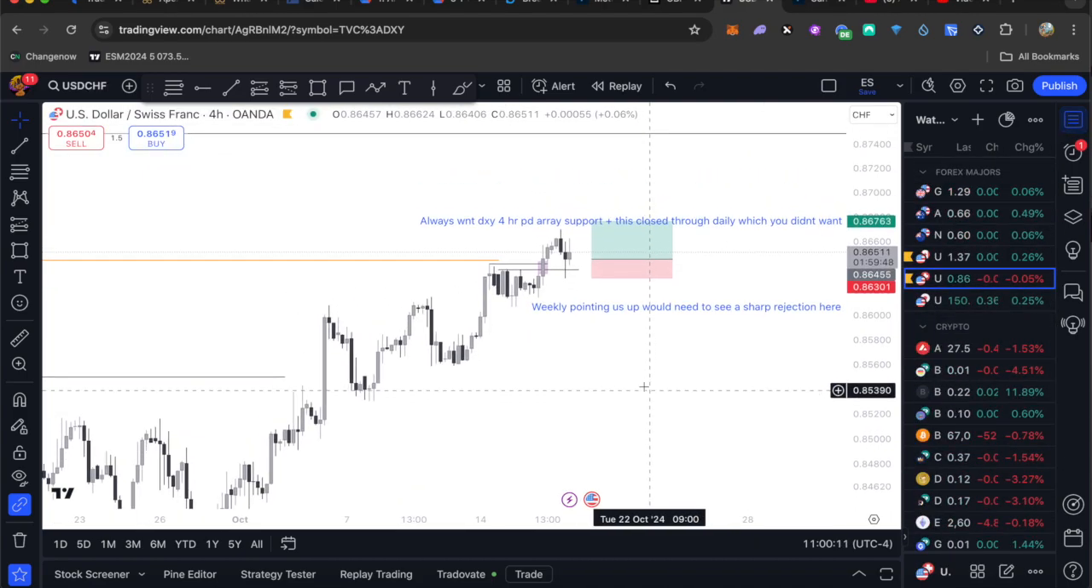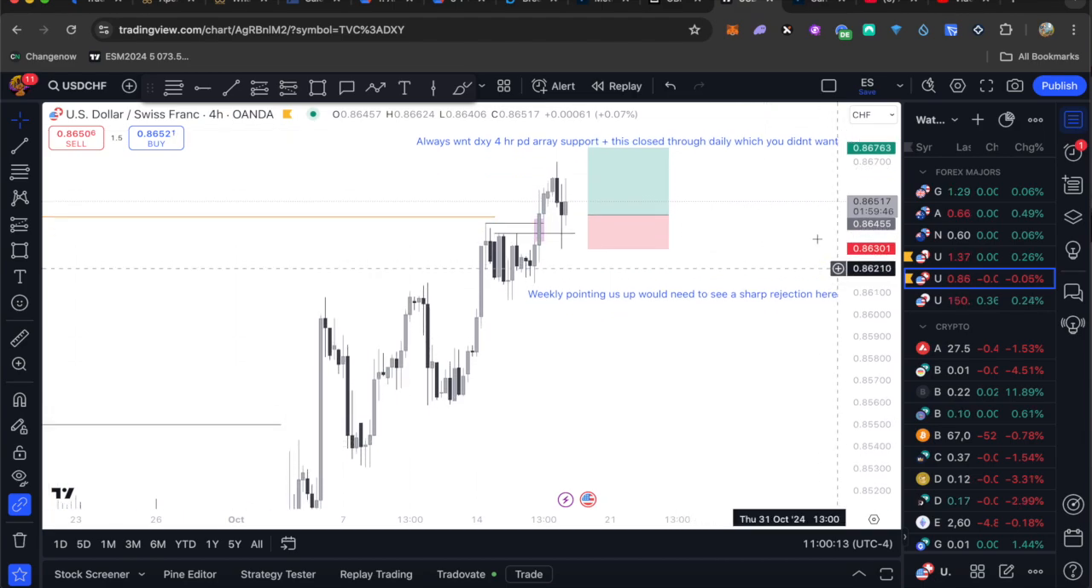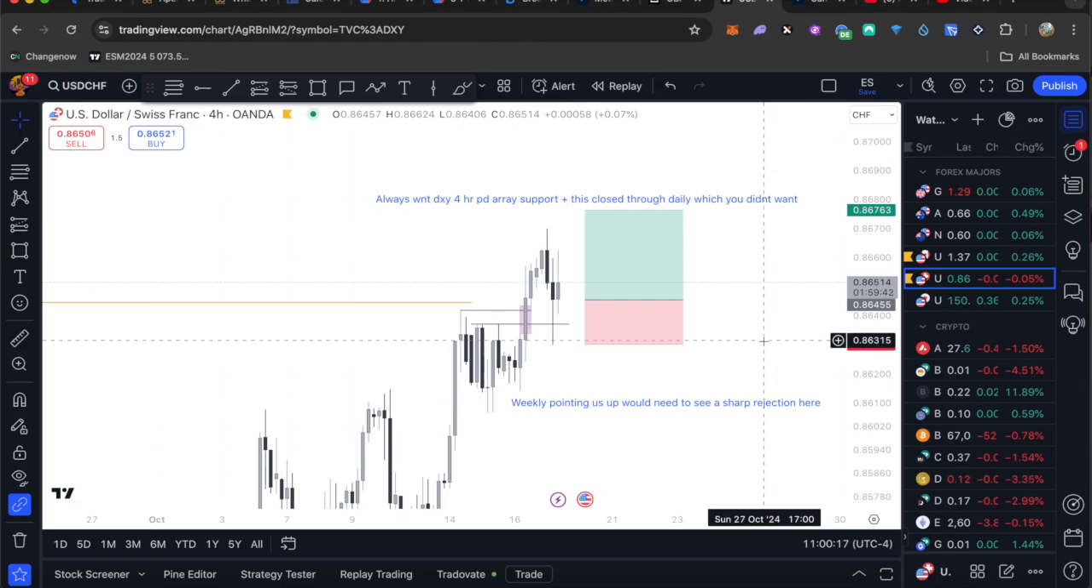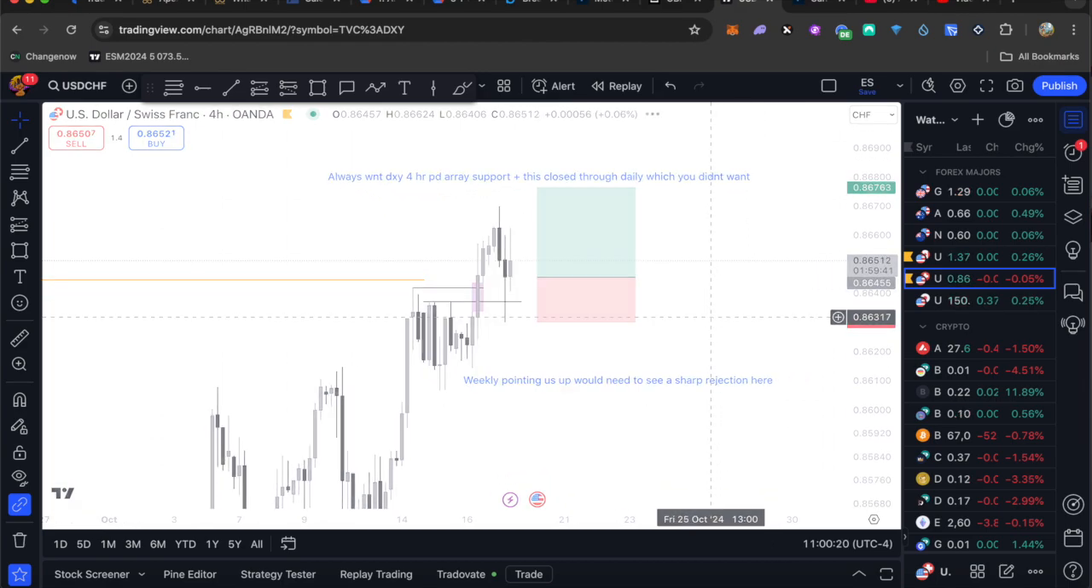CHF. US dollar CHF. I'll just quickly go over the weekly,